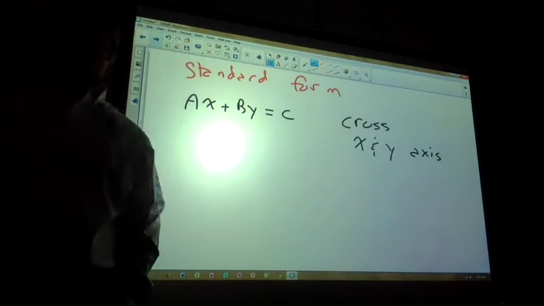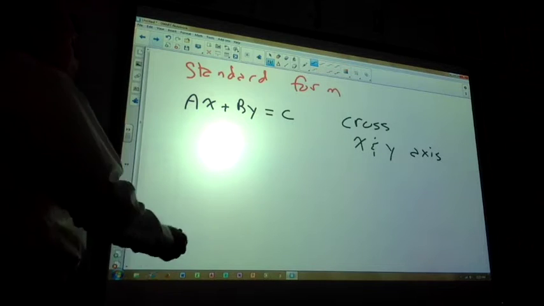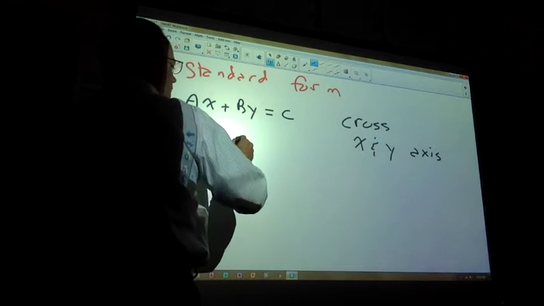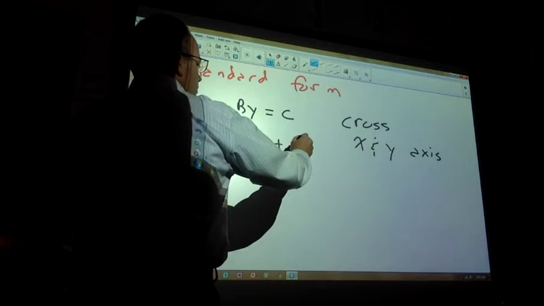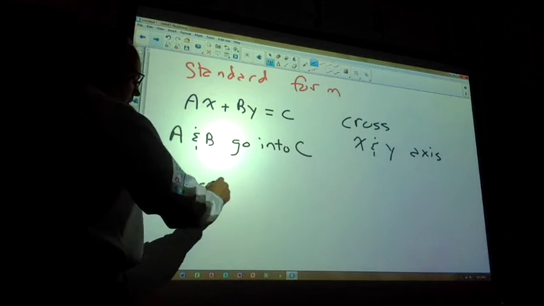This is a good thing to use as long as the hardest fraction that you're trying to graph is in the halves, like 3 1/2. Did that make sense? But if you had like 3 5/16 to graph, I'm not quite sure where you want to do that. So this is a good one when A and B go into C. Okay? This is the one where if it's like this,